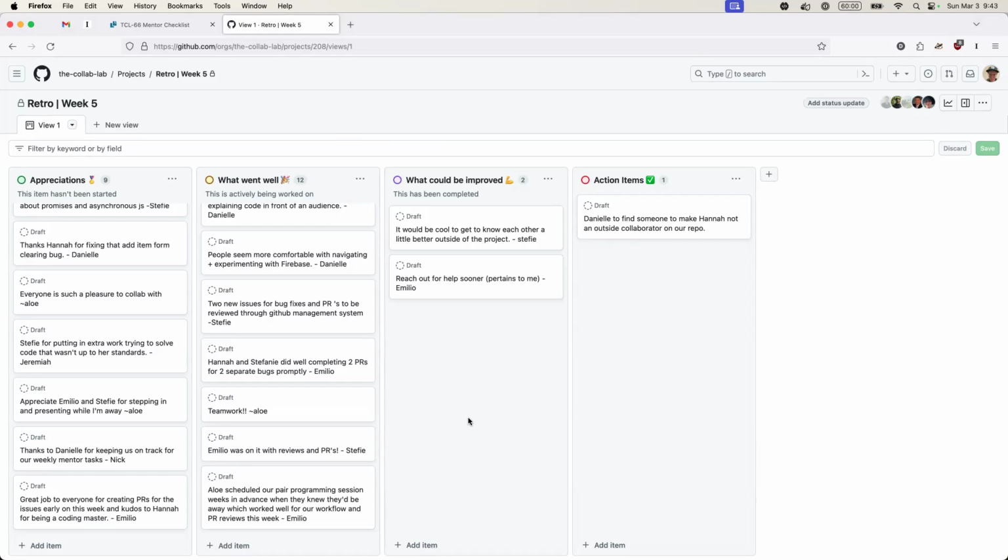Awesome. So action items, I just wrote this here mostly for me so I don't forget. I'll do it right after we get off this call. I'll ping someone who has admin access to the Collab Lab project to add Hannah as a full member so she can see everything. And then the other action item,